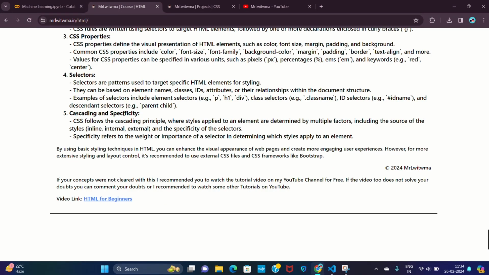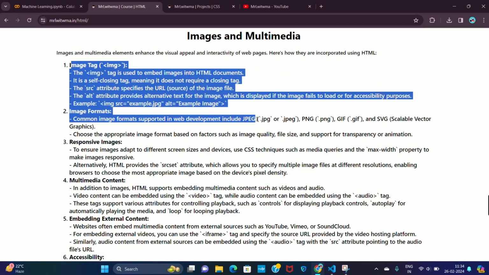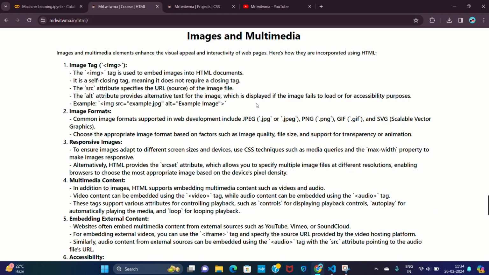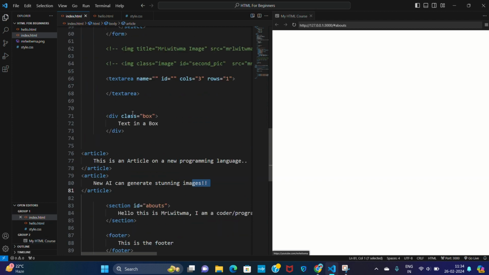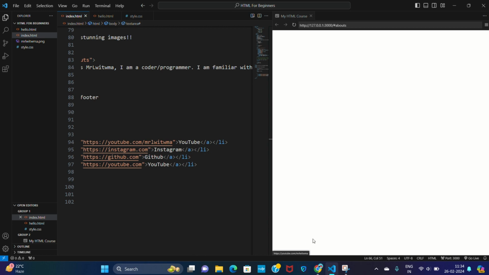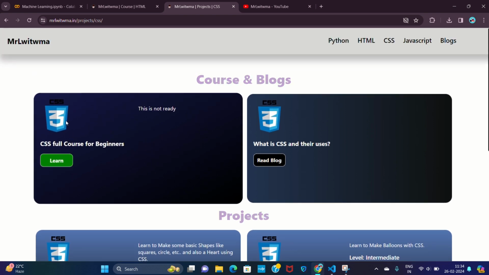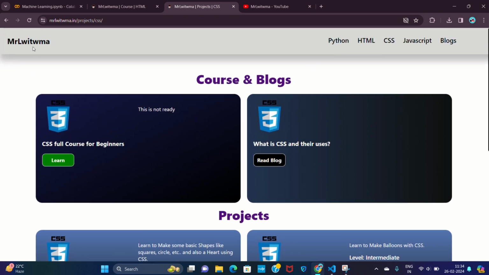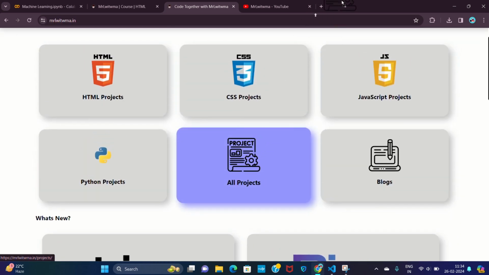Basic styling, cascading, images and multimedia, image tag. I guess I have shown how to use the image tag. Okay, yes, I have shown how to use image tags. Image format. Okay, images, you guys must know, like if you just go to any image, like this image,